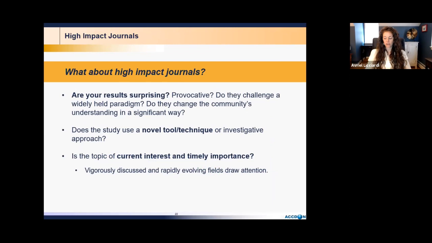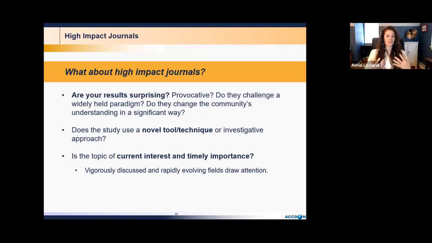So before we get to the Q&A portion of today's presentation, I do want to address the question that many researchers ask, which is, what about high impact journals? When am I going to know if my research is appropriate for a high impact publication? And really, I think the best way is to honestly assess your work, which is something that I've said in a previous webinar before. You need to ask yourself questions about the research that you're doing and try to take a step back, because we all get a little bit of tunnel vision and of course are very proud of the research that we're doing.